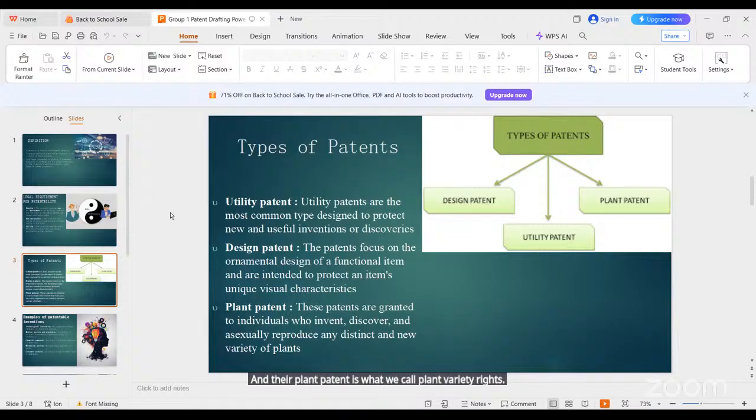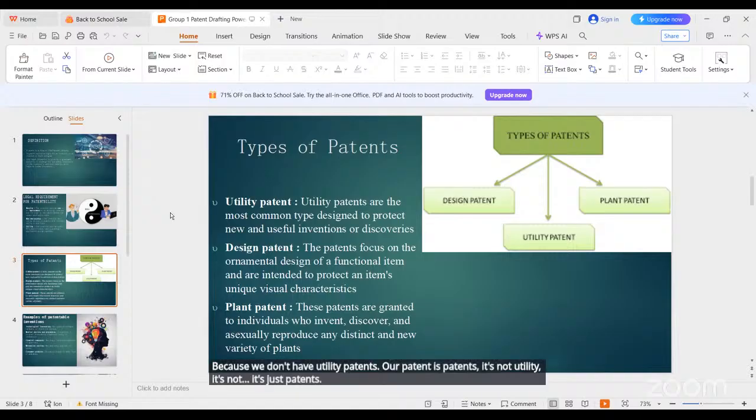So like I said, based on jurisdiction, you want to know the right terminology to use. When you say utility patent in Nigeria, people are like, utility patent? They might even ask you, are you trying to say utility model? Because we don't have utility patent. Our patent is patent. It's not utility, it's just patent.